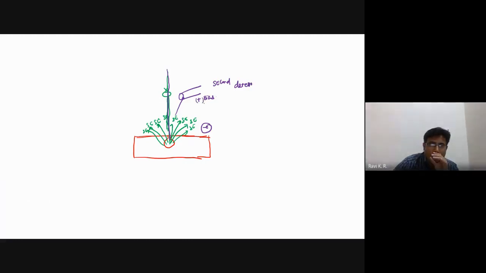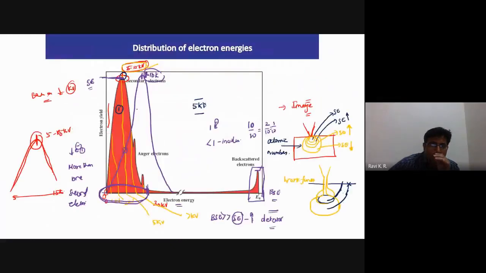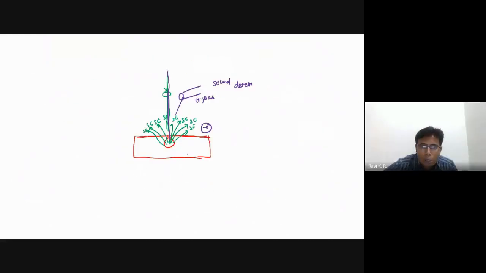Another thing, if we go back here: what is the energy range of these secondary electrons? The accelerating voltage is low and the energy of the secondary electrons is also low. So in that sense, the advantage is that you give a very small bias so that you can actually pull the electrons.